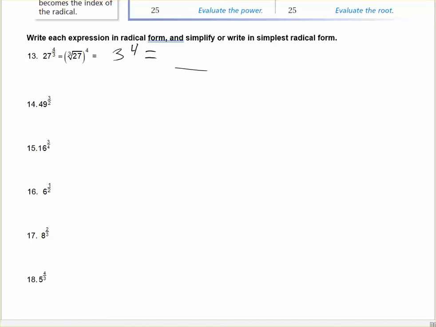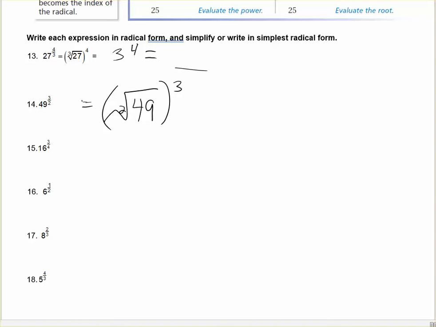In 14, we have 49 to the 3/2 power. So that means you have the square root of 49, and for the square root, you don't have to put a 2 here. You can if you want. And then you could either cube that, or you can take the square root of 49 and then take that